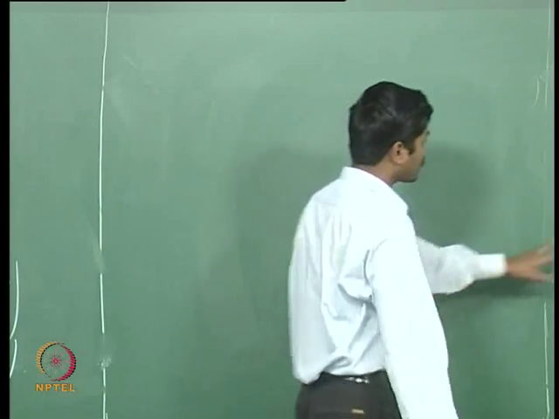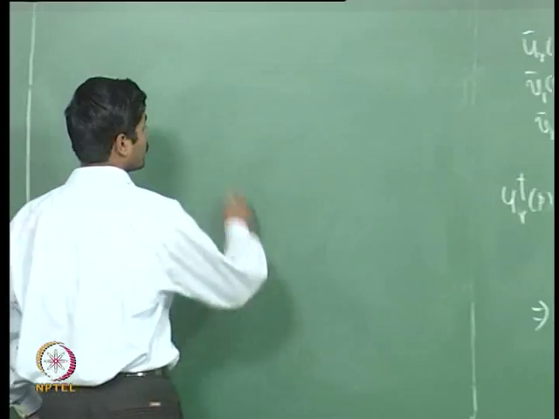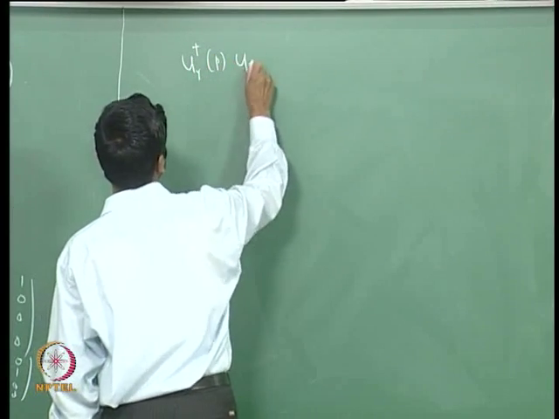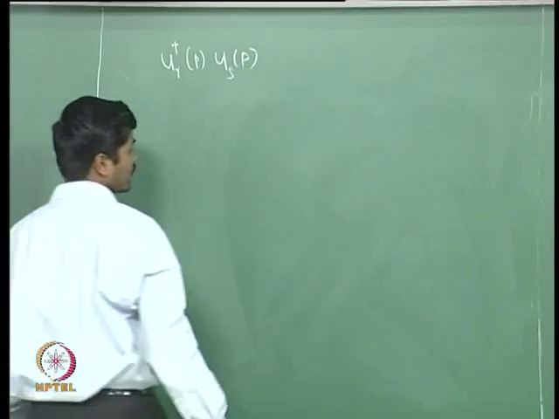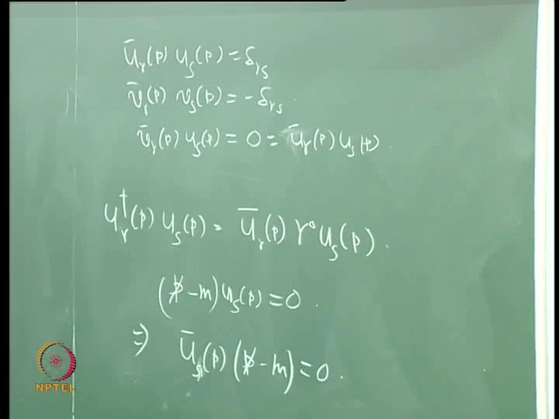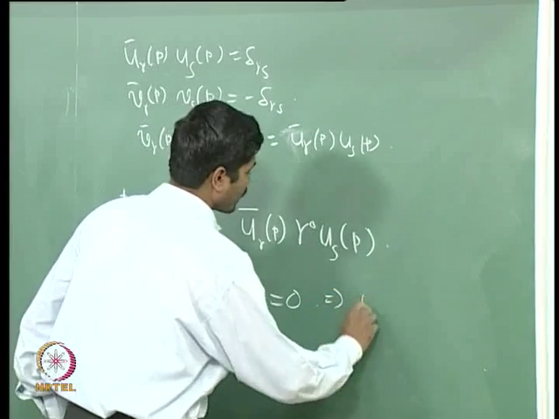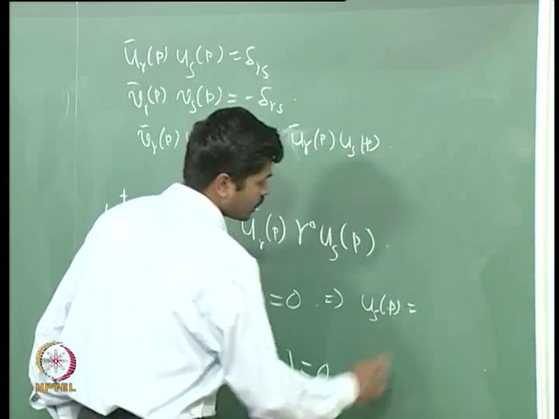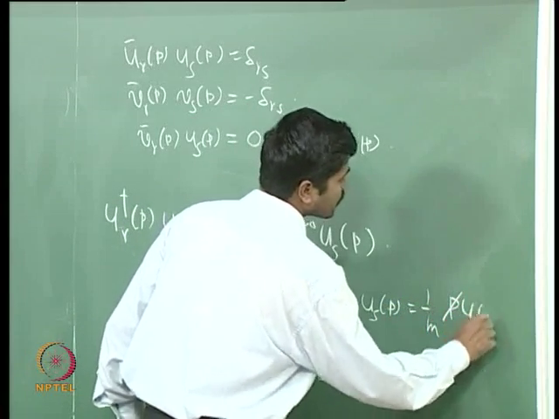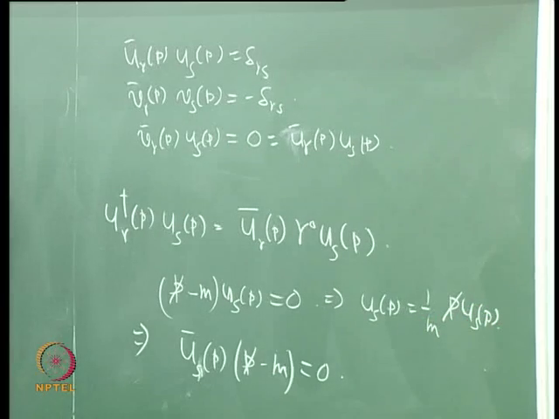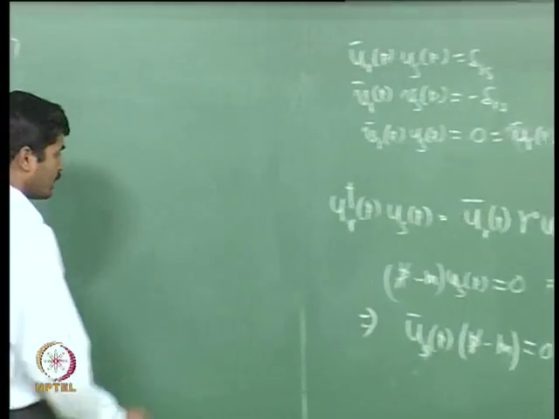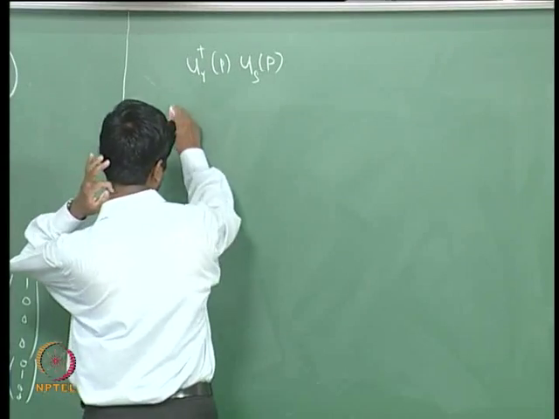So, to evaluate this quantity u dagger r p u s of p, what I can do is that I can use these two equations, and especially for u s of p I will substitute 1 over m p slash u s p, and for u bar s similarly we can write it as 1 over m u bar s p slash. So, this is